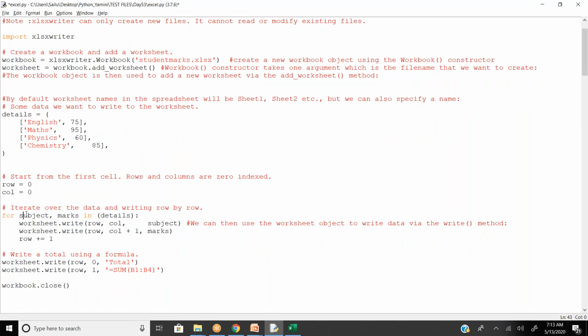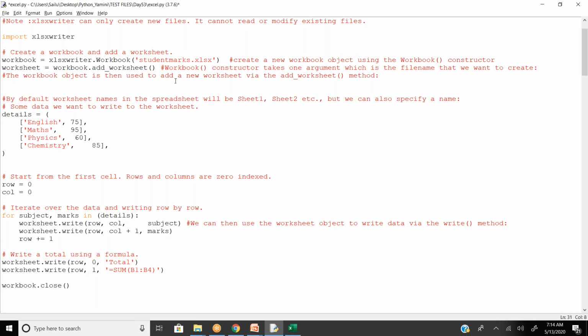Now I'm taking two parts, not a single part. In a list, the first one is treated as the subject, the second one as the marks. So all the subjects, nothing but English, maths, physics, chemistry. It doesn't mean you have to take subject and marks. You can take A comma B. The first values will be considered for A, the second values for B in a list.